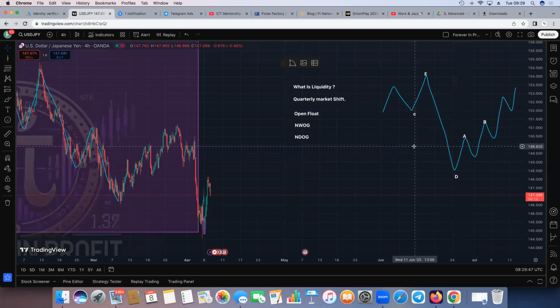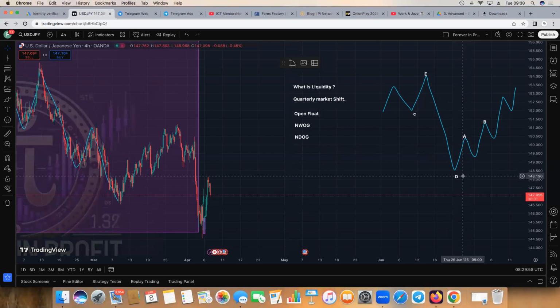But now, which reference point do you need to take into consideration when you see the market do such a move and arrive at a solemn conclusion that this is the end of the bearish movement, and the market is about to start creeping upward slowly but surely to refill the imbalance or the liquidity void that it had created with the rapid drop from point E to point D. So when it starts moving from point D to point A, what you do is you wait for the market to break point A to point B. So a retracement from point B to point A would be a perfect entrance for you to target point C.